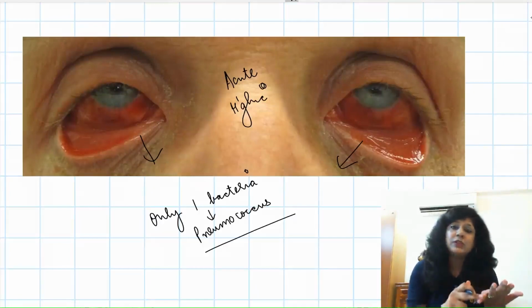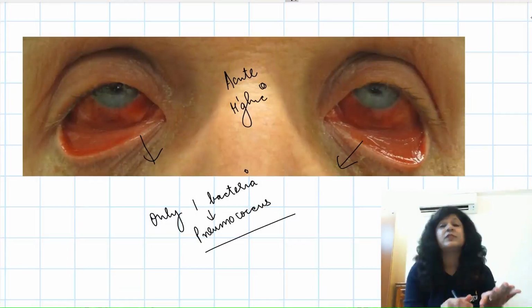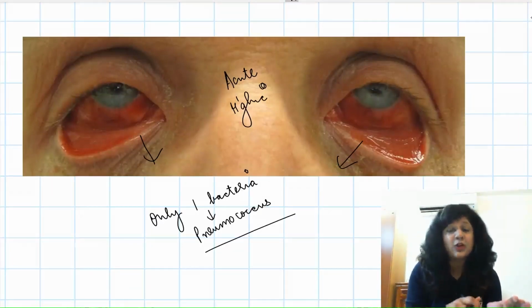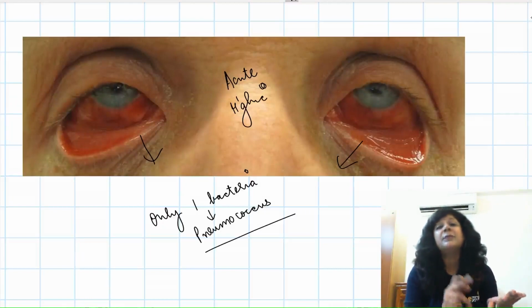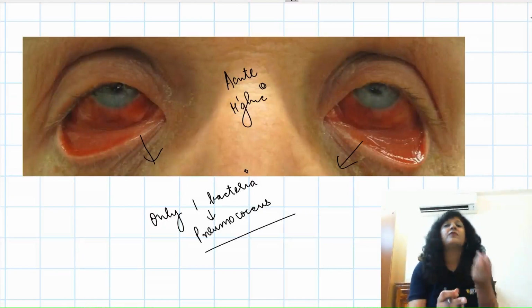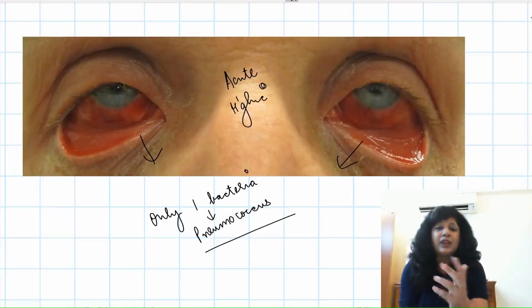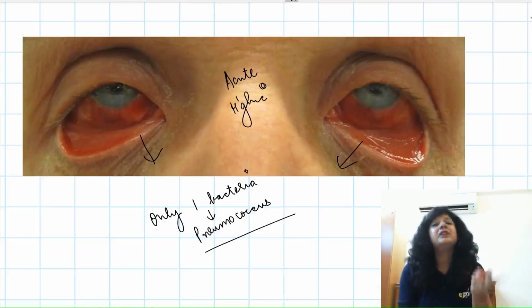You should know this is the picornavirus family, especially the enterovirus type 70. This was asked in DNB June 2018 also. There they asked the subspecies, that is type 70. Then we have adenovirus, we have Coxsackie A24. So always they ask all except, or they can ask you the most common. Most common is the picornavirus family, especially the enterovirus type 70.